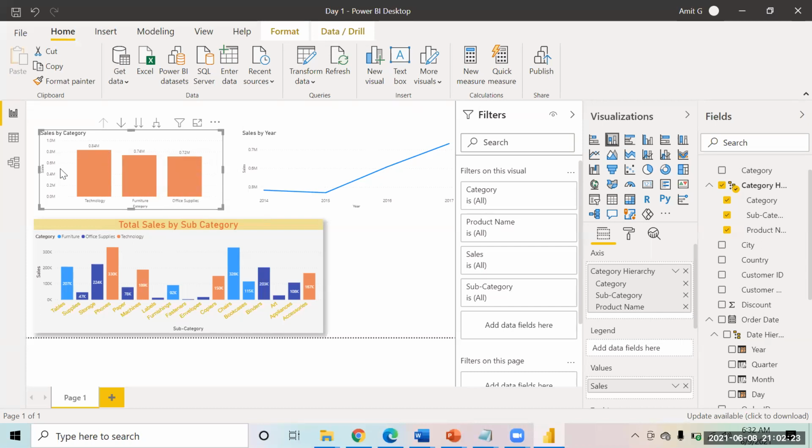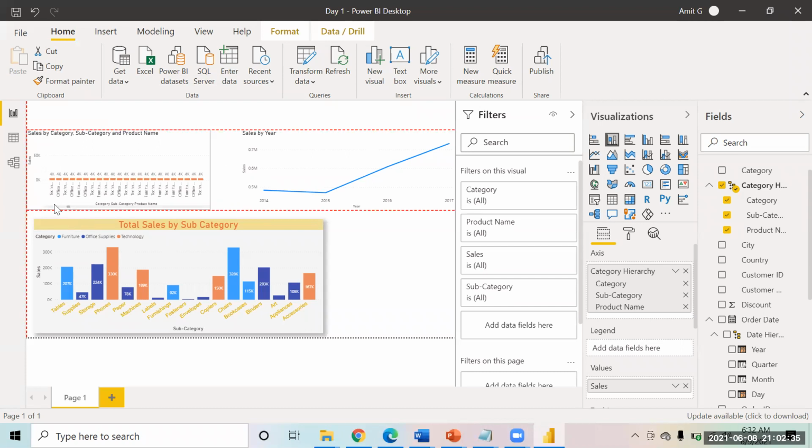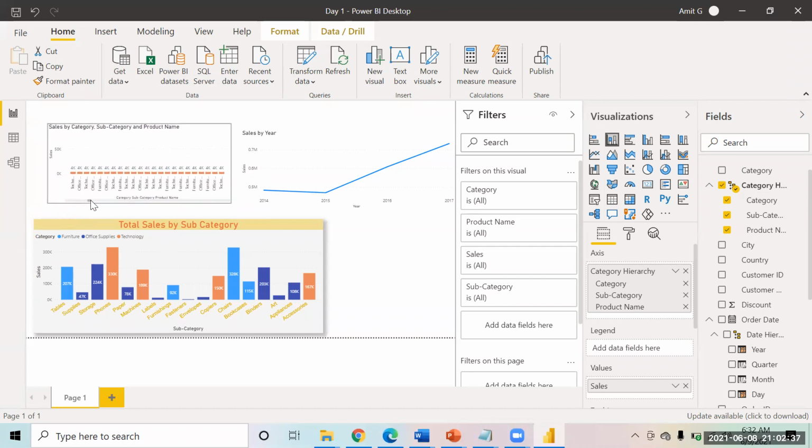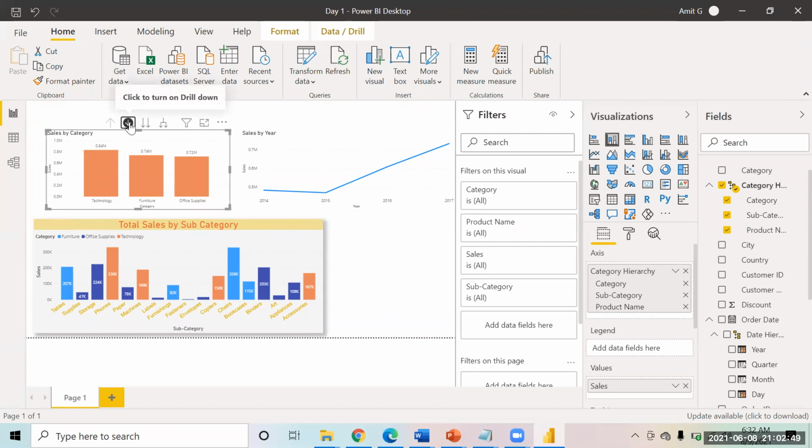I'm creating the chart at a category level. He will be able to go to the subcategory level. If he wants to relate to the product level also, I've given that information, because if you see the product level, the chart becomes very lengthy, right? So he has that feature wherein he can select one by one. He will not see all the products straight away. Rather, he will click on this drill down feature and keep on investigating by going into one category, one subcategory, and then seeing his products.